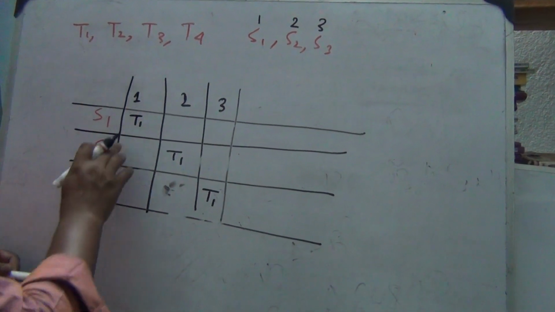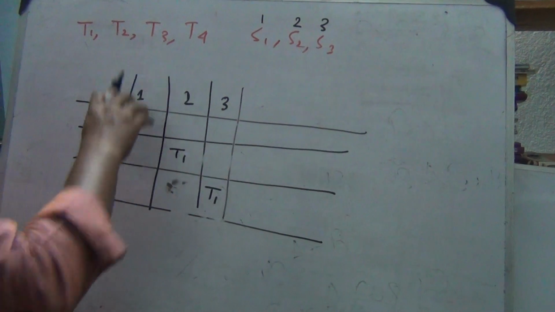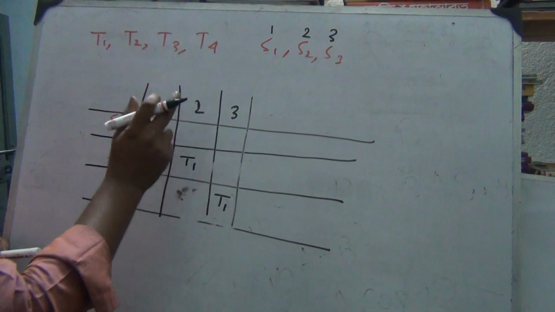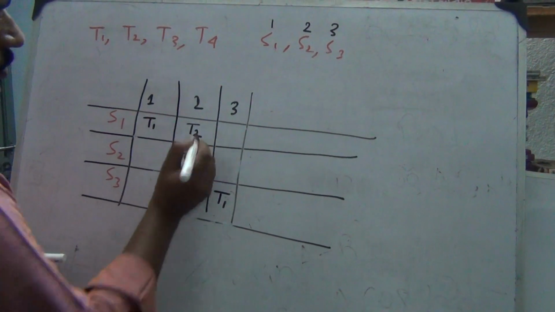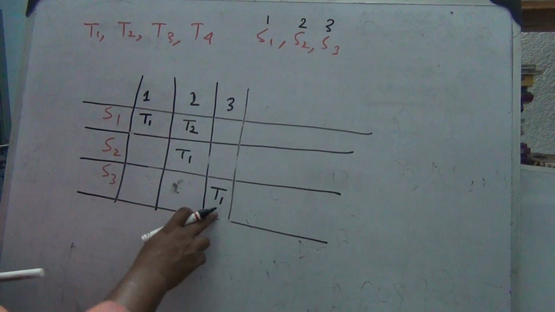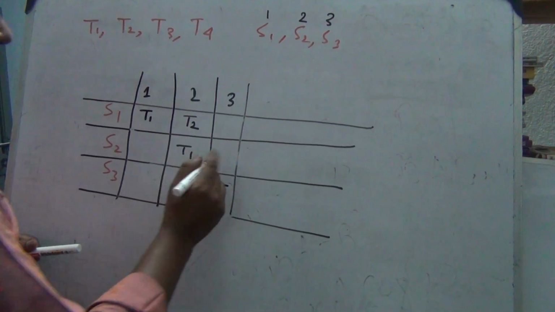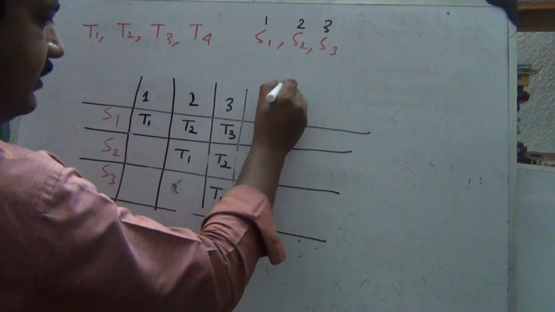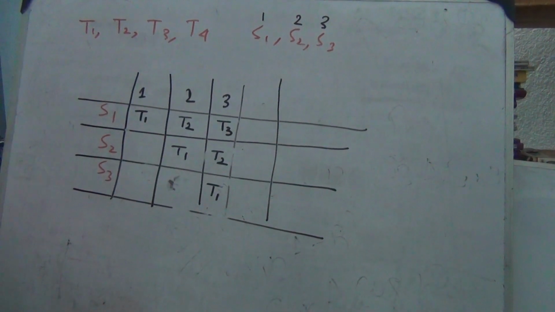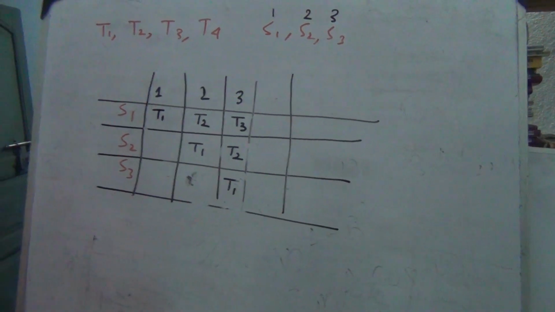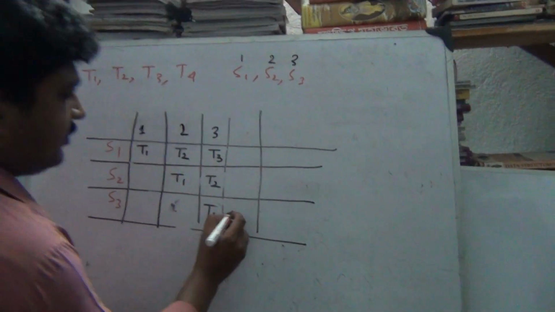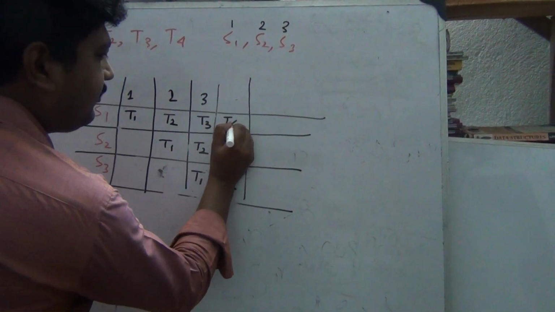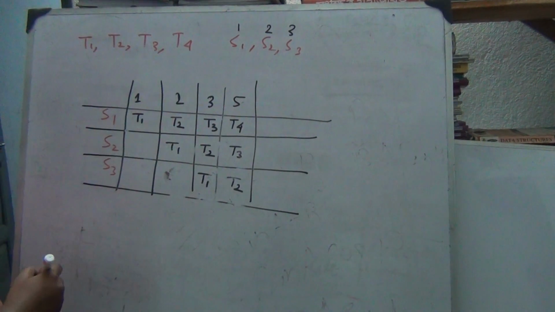So we can find here, for the first segment I have one busy, but in the second segment this is a free space, I can put T2 here. In the third segment there are two spaces, so I can put T2 and T3. T1 is completed. We do not have to worry about T1 right now. So what do I have to worry about? T2. T2 is here, T3 is here, T4 is here. This is clock cycle 5.